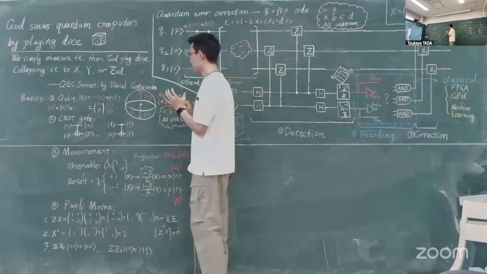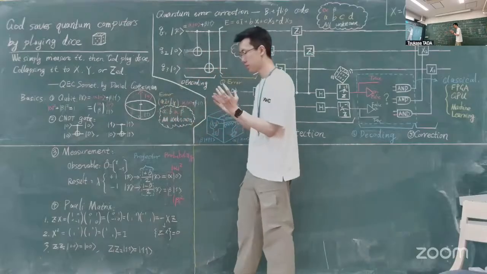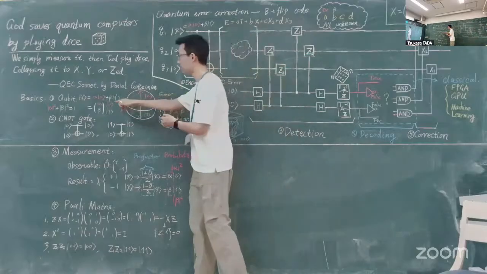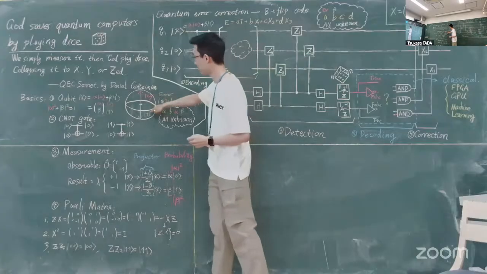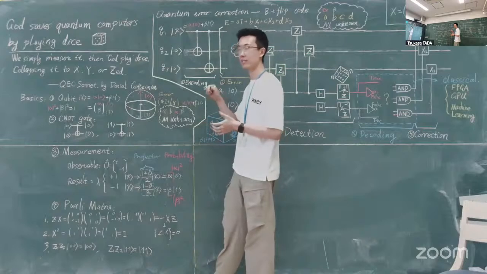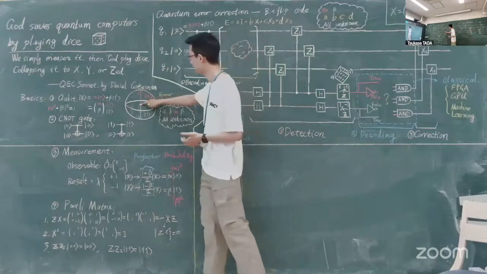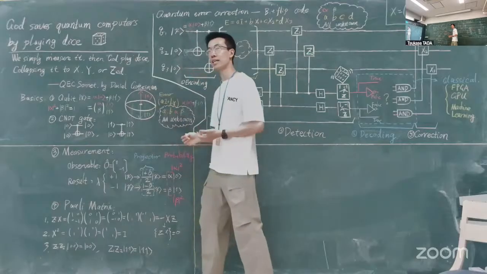And the quantum noise is significant because alpha and beta are continuous numbers. If you consider a classical bit, it is just absolutely 0 or 1. But in quantum mechanics,